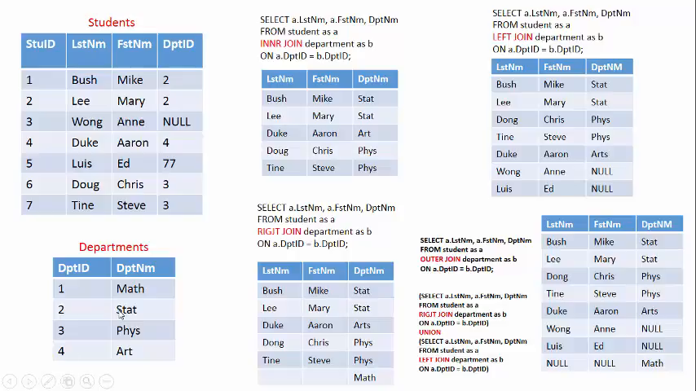And we're going to show what the inner join and the outer join will be. The inner join, as we mentioned earlier, is going to try to find all the rows in the first table and all the rows in the second table where the condition matches. Let's see. One query: we want to find out the student's last name, first name, and their